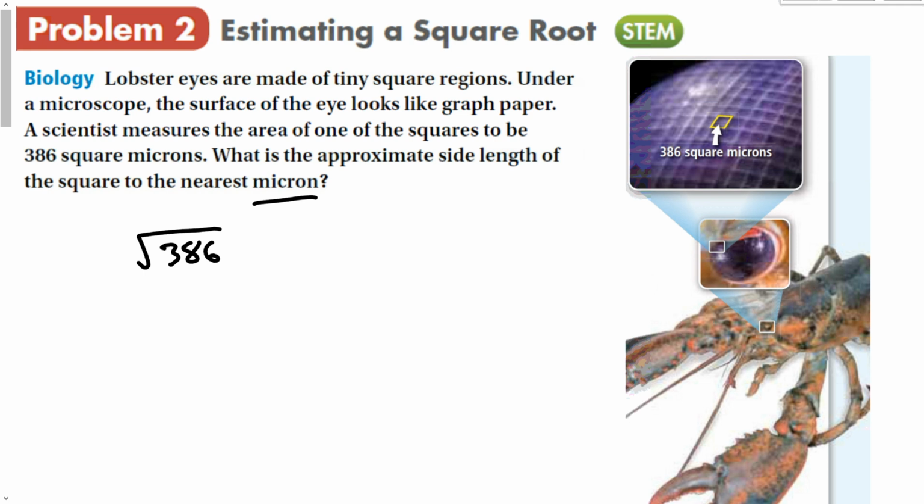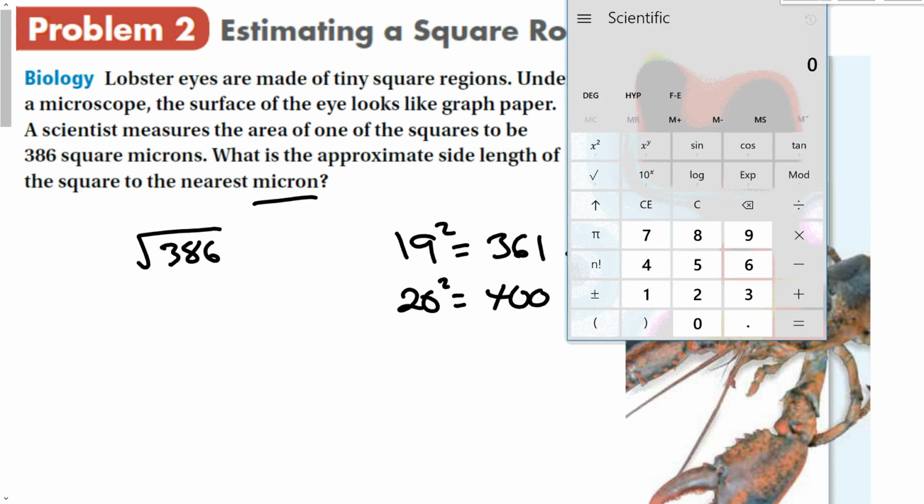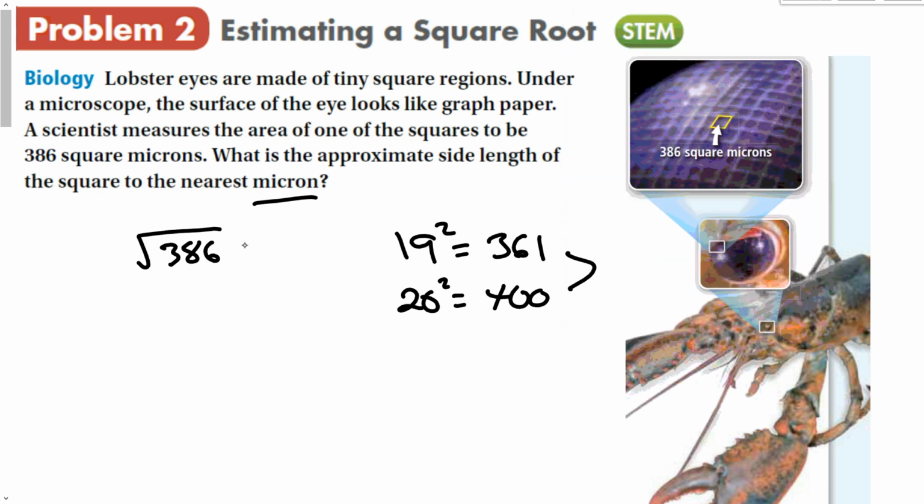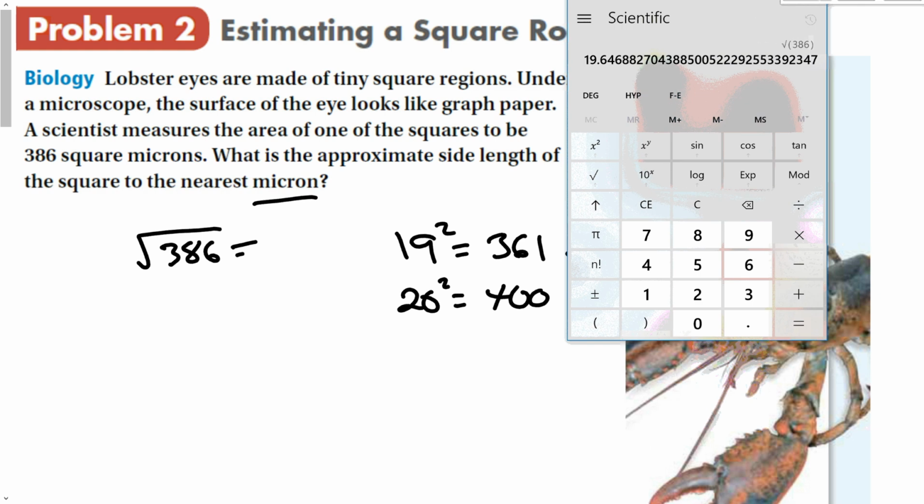So off the top of my head, I cannot figure that out. I could try to guess that 19 squared is going to be 361. 20 squared is 400. So I can see that it's going to be somewhere in there. Okay? The best way to do it is to use a calculator. Okay? So I have my nice scientific calculator here. I can just put in 386 and find the button for square root and press it, and we get that the square root of 386 is equal to, oh, I didn't see that,